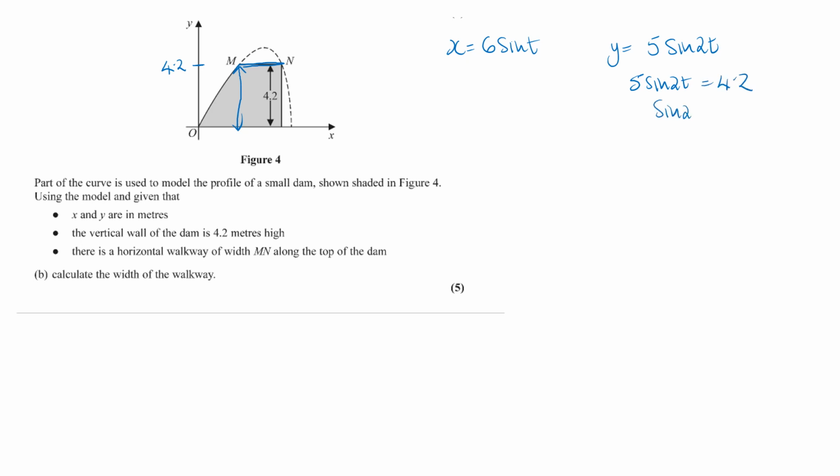So sine 2t is going to be 4.2 over 5. So 2t is inverse sine of that, and that gives you 0.997 and 2.145, because remember, you've got to use your sine graph. Your calculator's giving you that principal angle, and then you've got to come back from 180, which is pi, to get the other angle, and then divide by 2 to get that t is going to be 0.4985